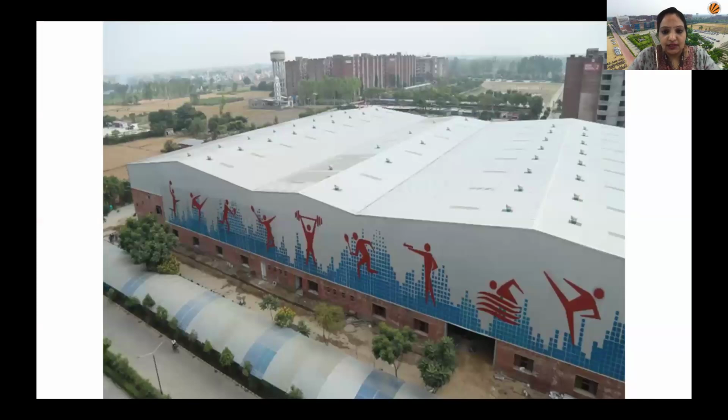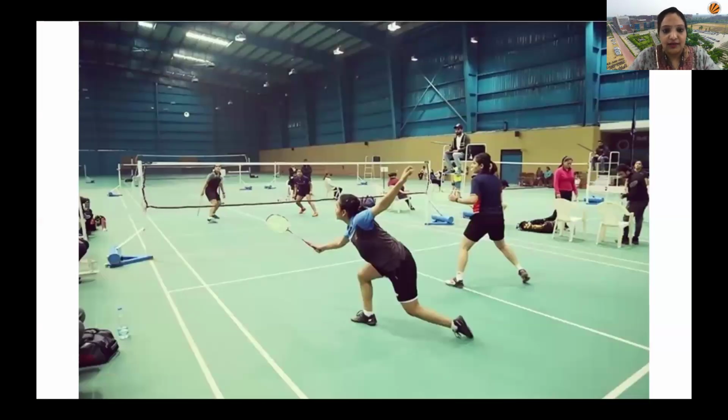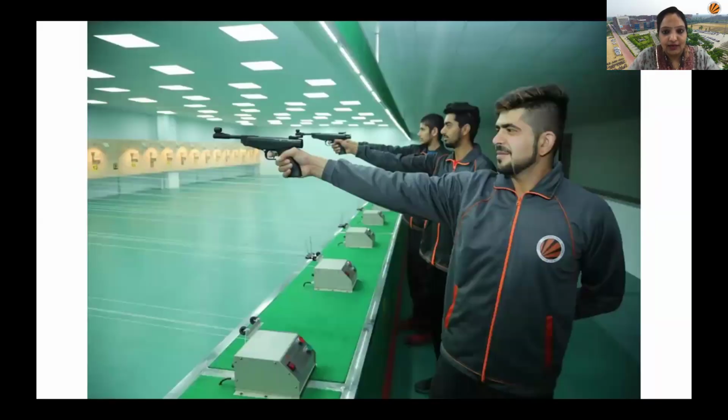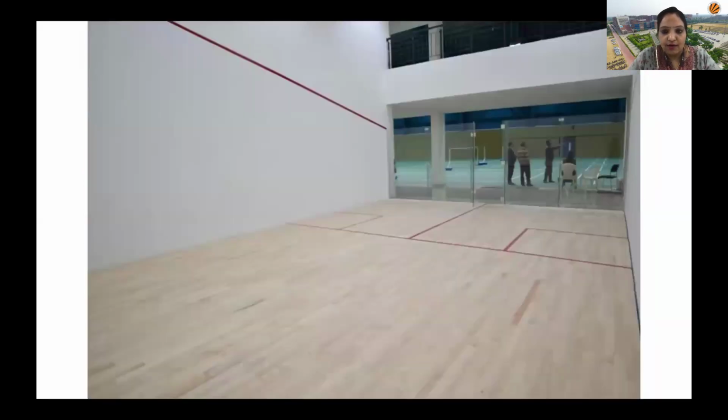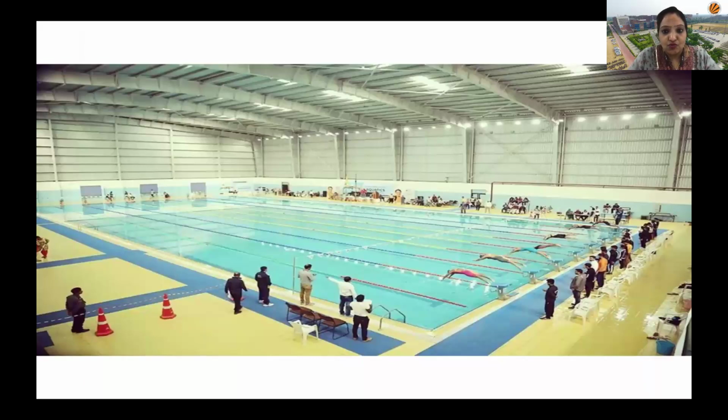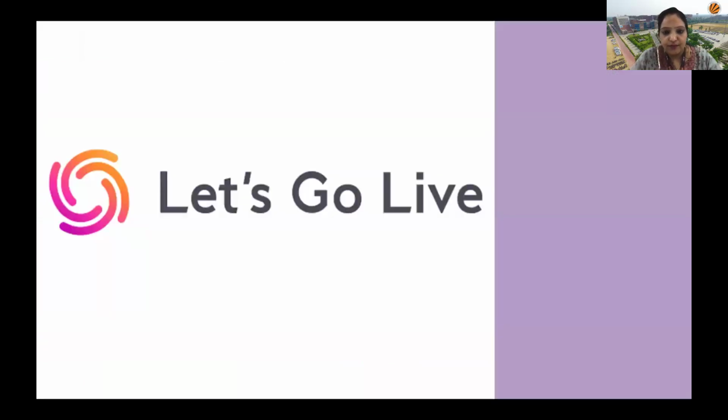So this is the Shanti Devi Mittal Indoor Stadium with multifarious facilities. I'm taking you inside, just have a glimpse. Badminton courts. You can find the students in the evening time; they spend their time playing any game they opt for. Going ahead, there is a shooting range, basketball, lawn tennis, and the swimming pool. We have 3 swimming pools, all-weather swimming pools. This is just a glimpse which I showcased to you.